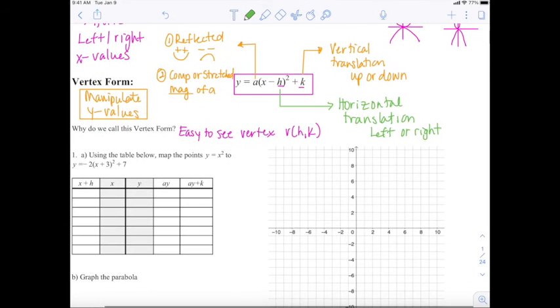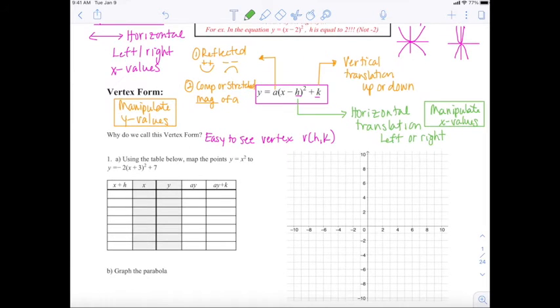For the horizontal ones, I would manipulate my X values. So I do that by adding, subtracting, multiplying. Okay. So what we're about to do is get into basically the kind of question I would ask you on a